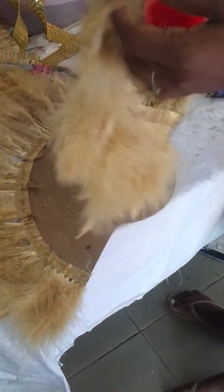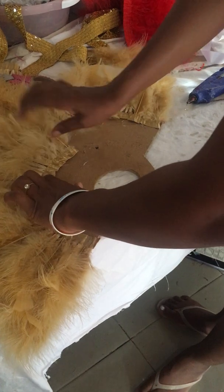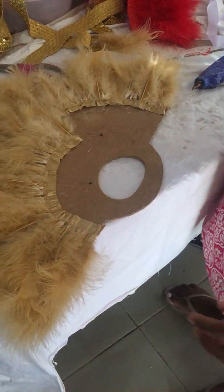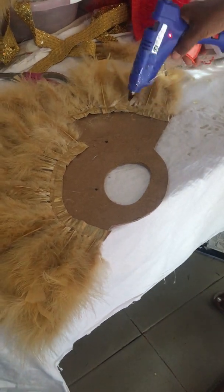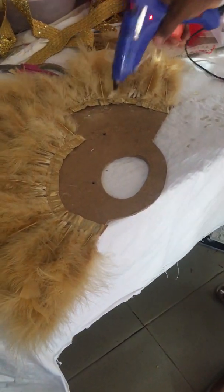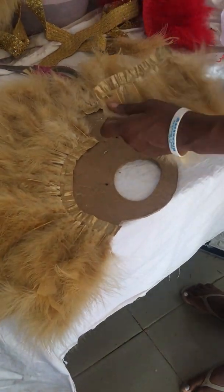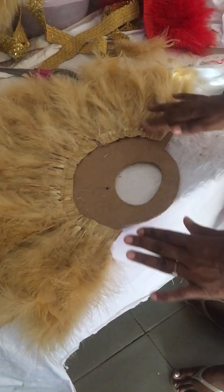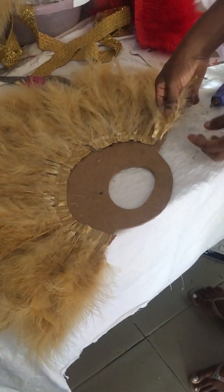You do that by applying some glue on it, so that when you place your feathers on it like this, it's not going to lift up and show what's under it. Okay, so you put your glue here on the satin, then you put some on the satin of the feathers you are going to use, and then you place it on top like this, and this is going to seal. Okay, I have a little space here. I have to fill that up as well. So you put a little glue,